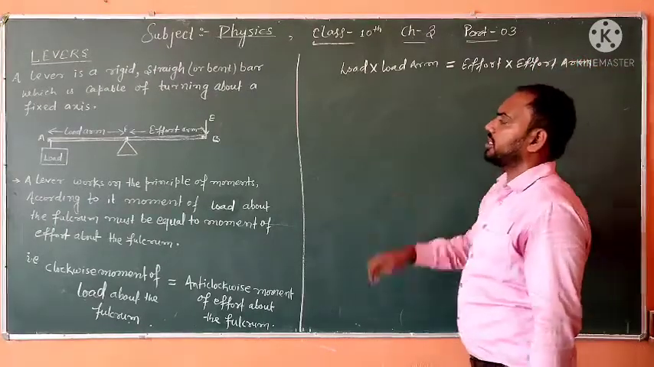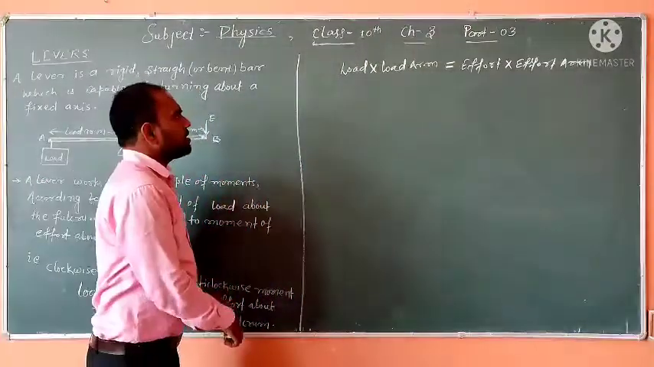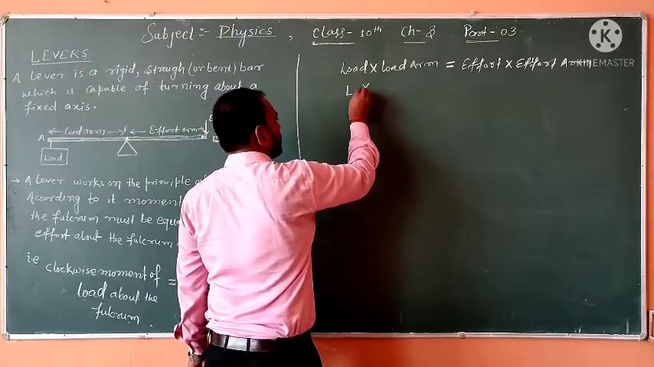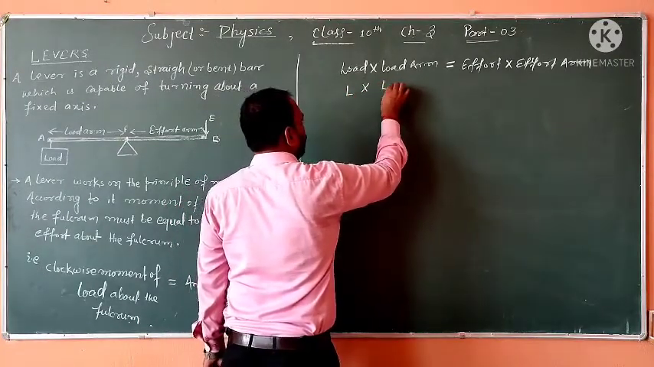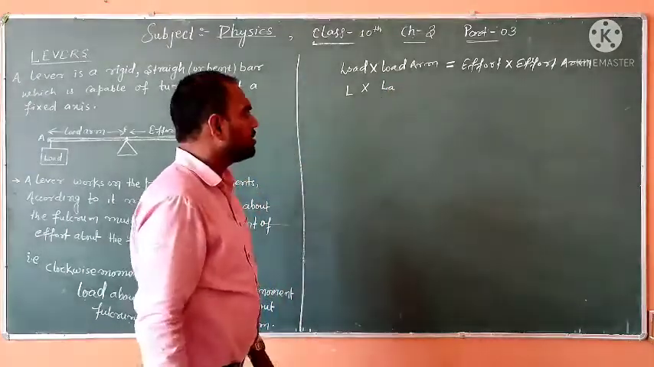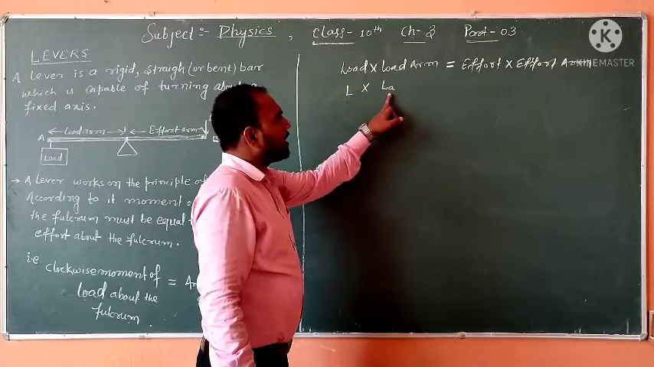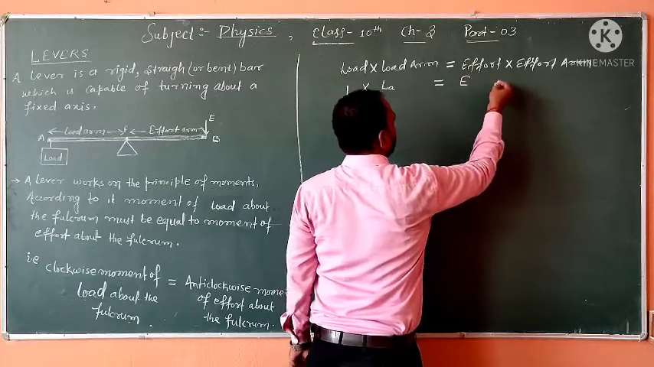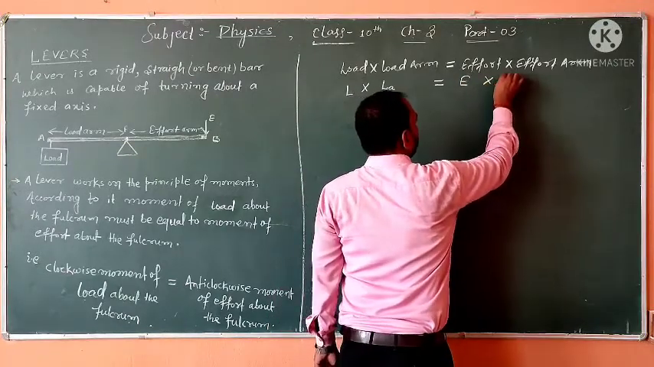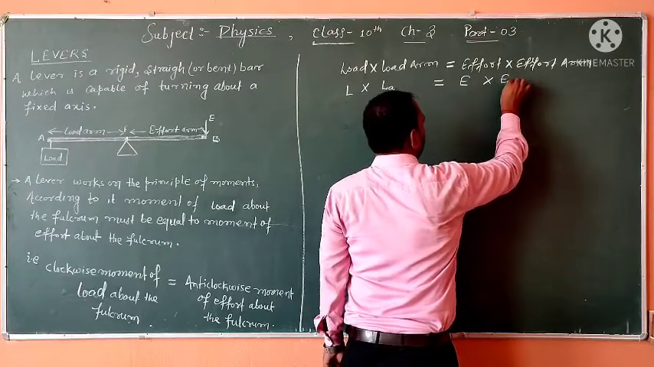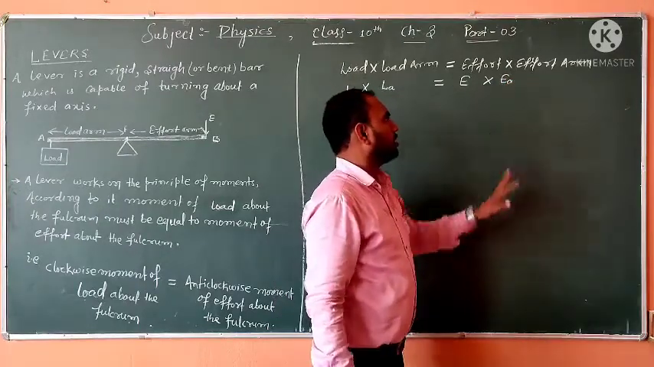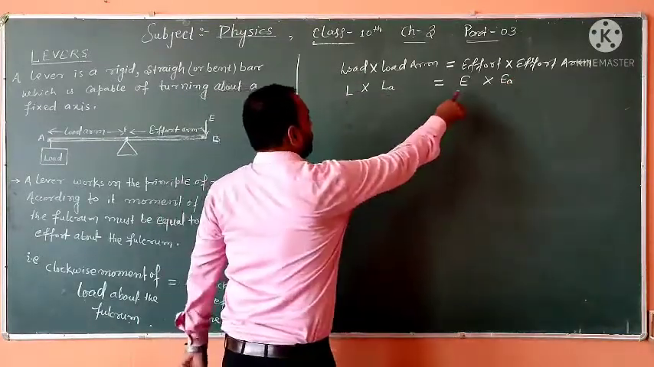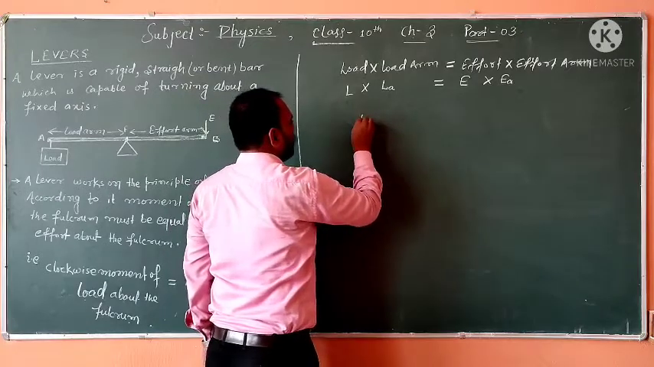I hope you are able to understand it. It is so simple. I am just taking L for load and LA for load arm. It is a short notation. L for load, LA for load arm. E for effort, into EA, which means effort arm. If we divide,